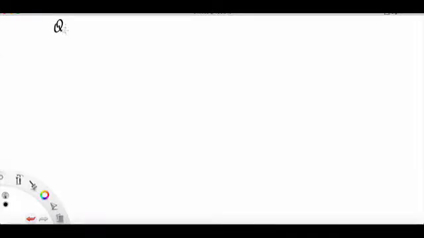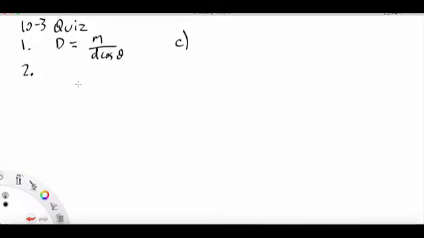These are the solutions to the questions at the end of lesson 10.3. Now, number 1, we know that dispersion is m over d cos theta. So if d becomes smaller, then the dispersion is larger. So that is C. Now 2, it is B because the wavelength is comparable to the size of the spacing